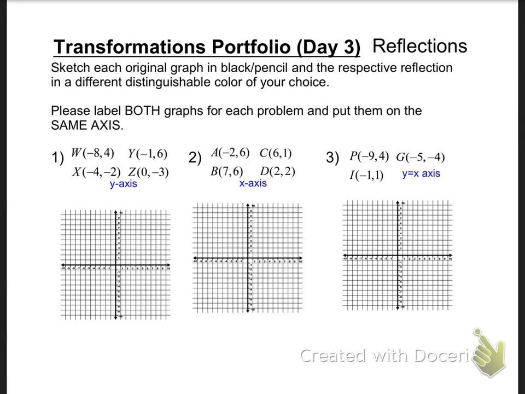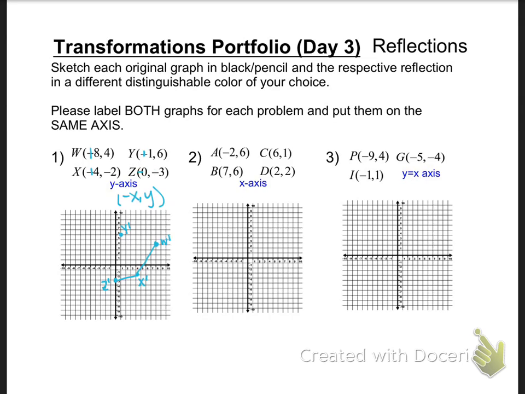Okay, so my first one, it's the y-axis. So if I look at my y-axis, I am doing negative x comma y. So I'm going through and I'm flipping all of my x values, and then I'm graphing them as my primes. So right 8, up 4, W prime. Now it's positive 1, 6. So right 1, up 6, Y prime. Positive 4, negative 2, so right 4, down 2, X prime. 0, negative 3, so I don't go left to right, but I go down 3, and that's my